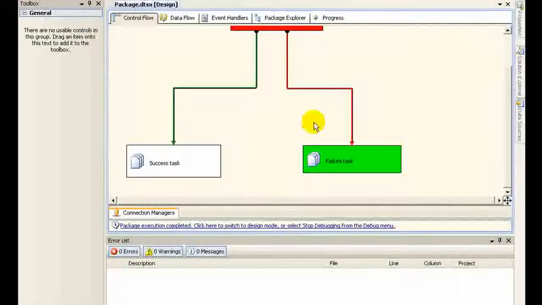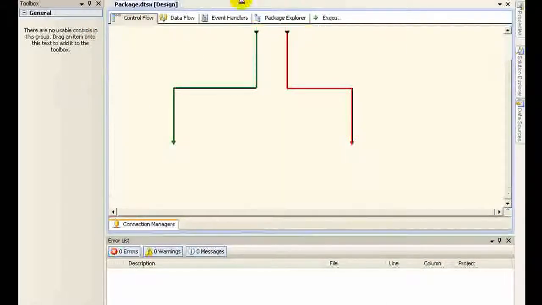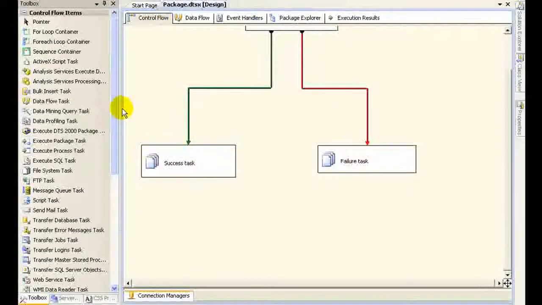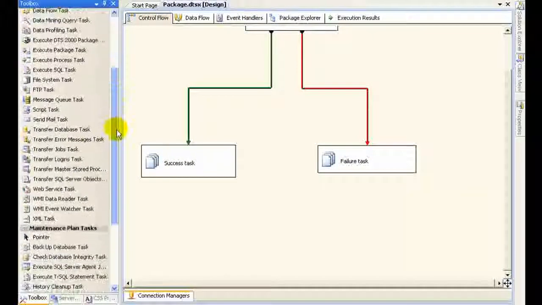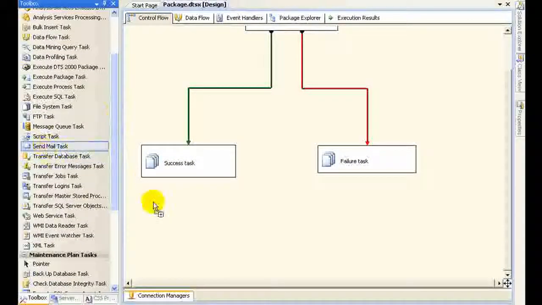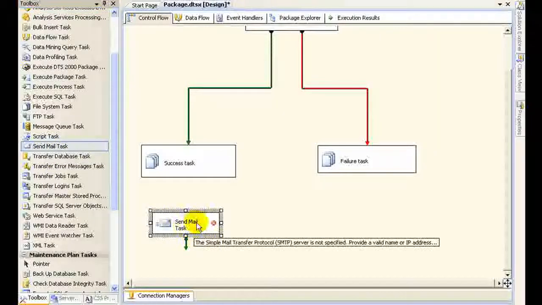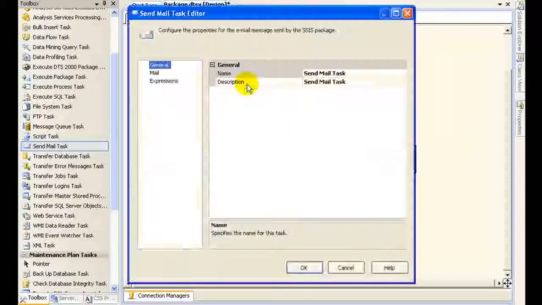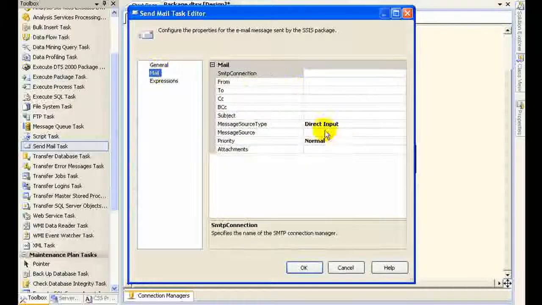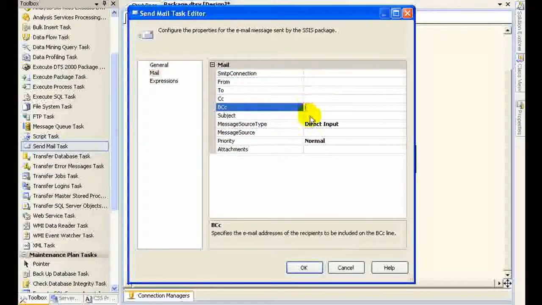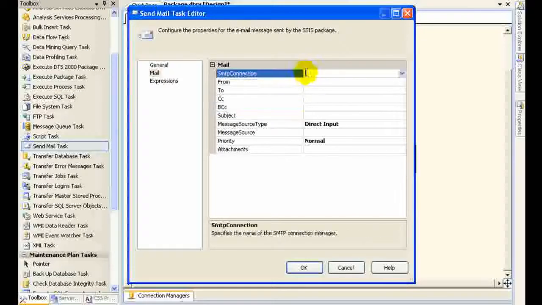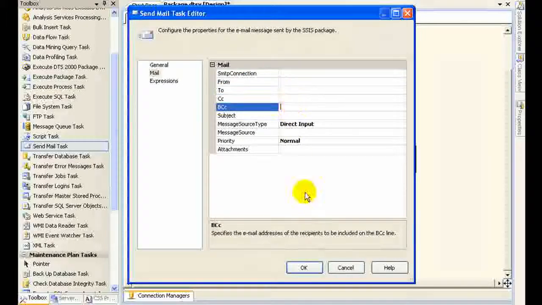So this was pretty much a very simple demo. There are a set of other tasks also associated in your tabs, say for example, the send mail task. You could configure your SMTP server. I could configure from to BCC details. I do not have an SMTP server set up now, so probably I cannot make this run right now, but it's pretty much simple to configure this.